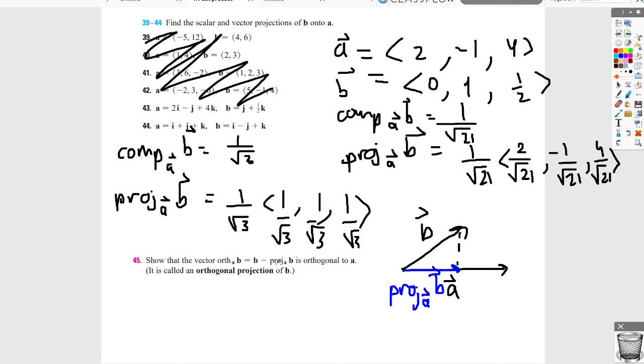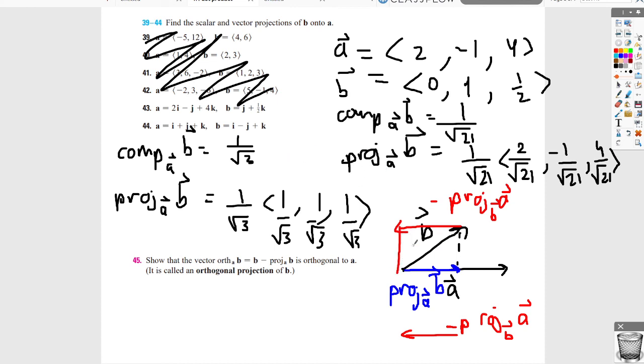So if you take minus the projection of B onto A, what is minus projection of B onto A? Minus is the other way around. So you'll get this. This is the projection of B onto A, negative, like that. I'm sorry about the loud noise. But if you just do this, then you will get this. This is what you'll get. So this is the projection of B onto A, but the negative, right? So then if you add B and the negative projection of B onto A, or if you subtract the projection of B onto A from B, then